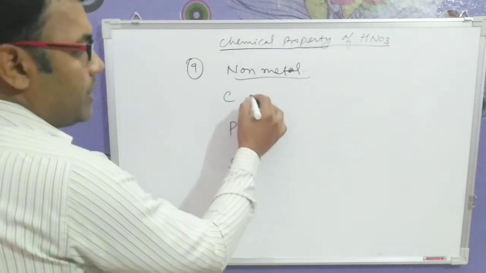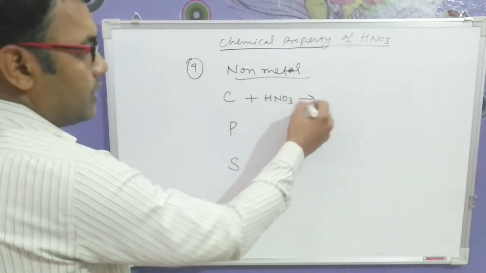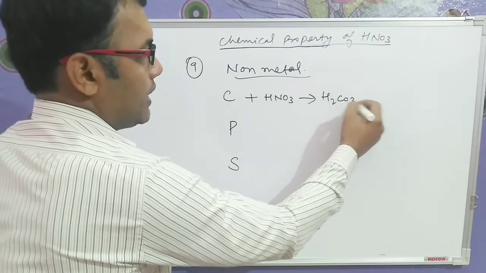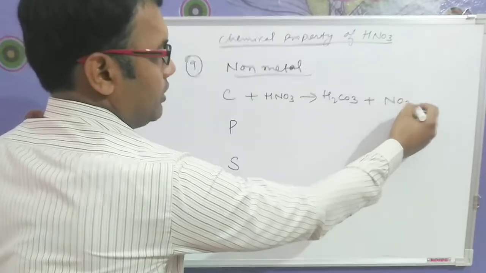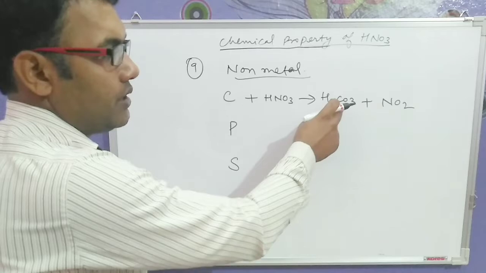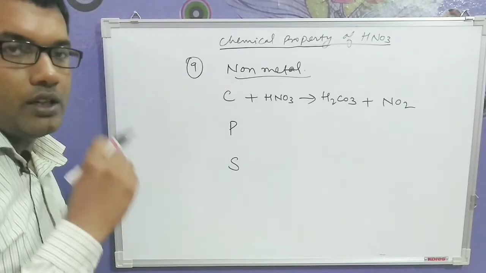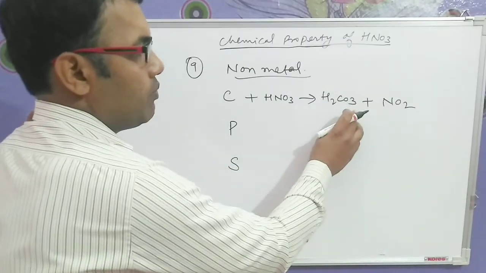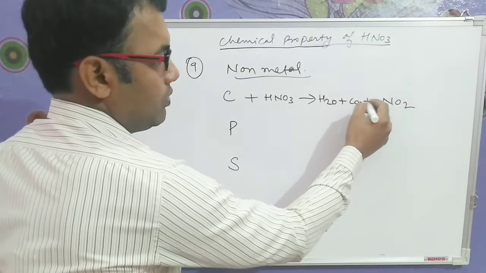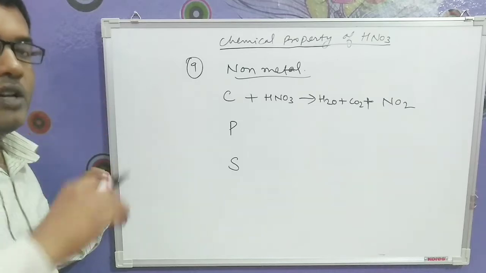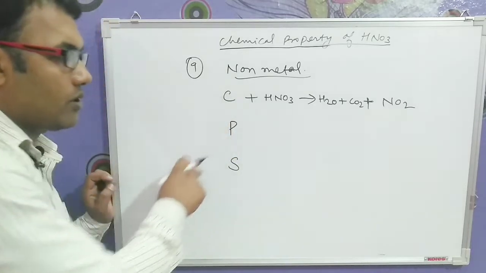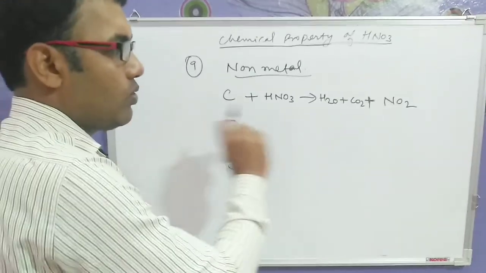Now see, when carbon is made to react with nitric acid, originally what does it form? It forms carbonic acid plus nitrogen dioxide. But we should know that carbonic acid, when we provide heat, decomposes very easily, as it is unstable. So it will decompose into H2O plus CO2. Is it clear? Now a very important thing: in previous board exams, you might have seen that these equations came straight away and they asked how to balance them.